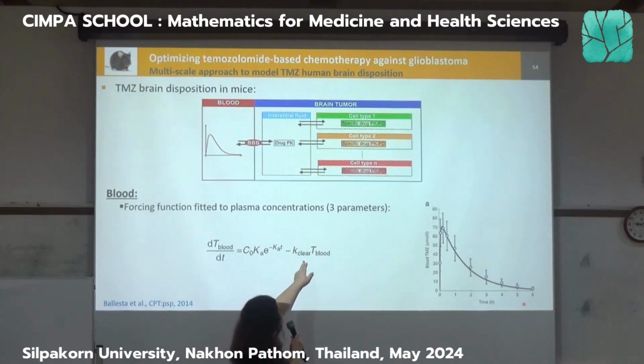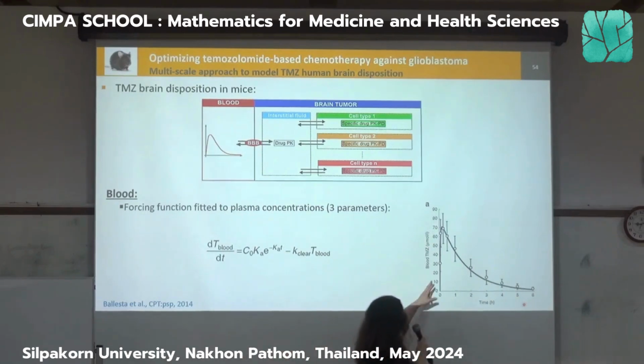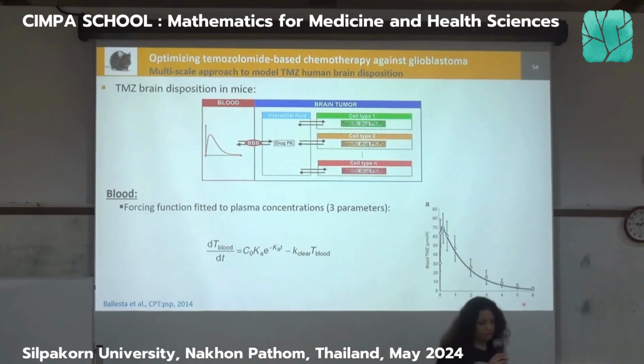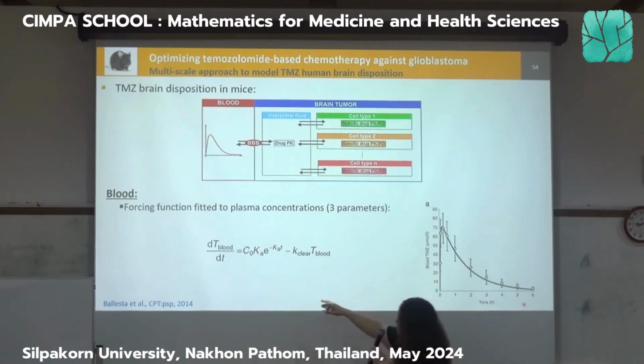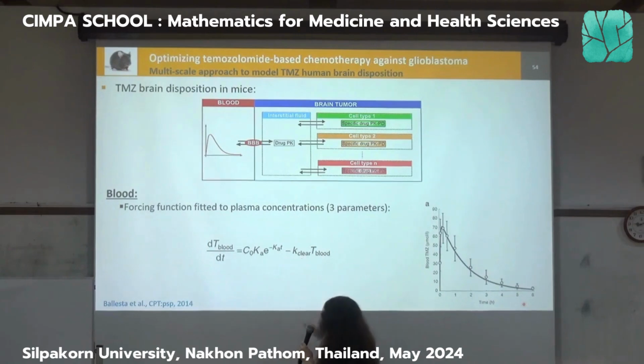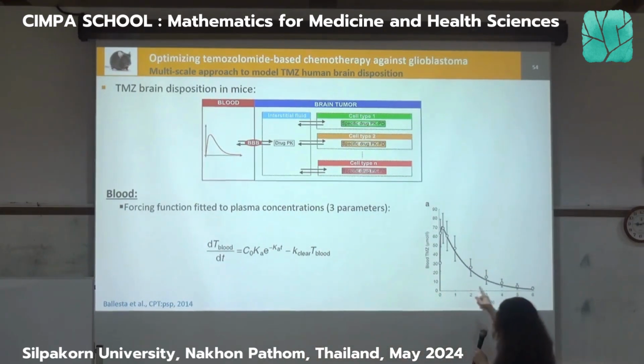And then you have a clearance here, which is usually due to the clearance through the kidney, so the renal clearance. So if you solve this, you can actually have an explicit solution if you want, but it's easy to derive. You get this curve. I mean, of course you get this curve if you fit the parameters. As you can see here, you have three parameters, C0, Ka, and Kp. So you take this model, you fit the three parameters on this curve, and this is what you get.